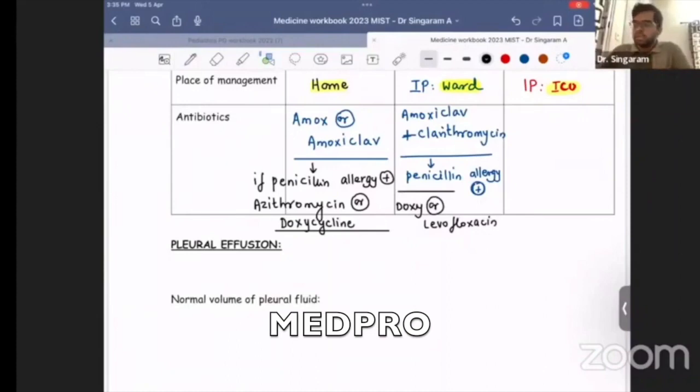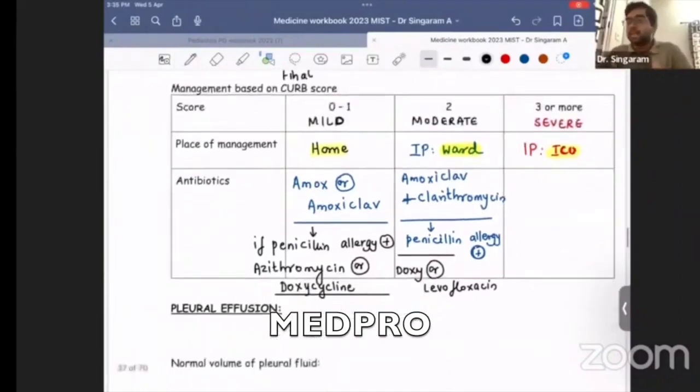What is the last one? The last one, you are putting the patient in as an ICU patient. So obviously, when the patient is put in ICU, you have to give a better drug. So here I will not use penicillin. I will straight away go to the cephalosporin route. What is the drug I am going to use in the ICU setting? I will use a combination of ceftriaxone. That is a broad spectrum. Along with the ceftriaxone, I have to use clarithromycin